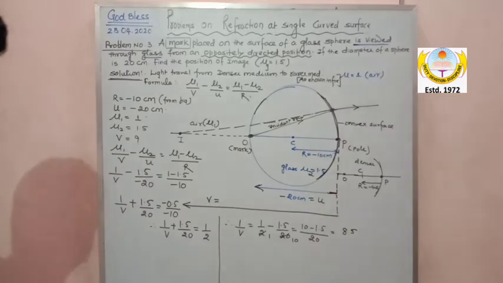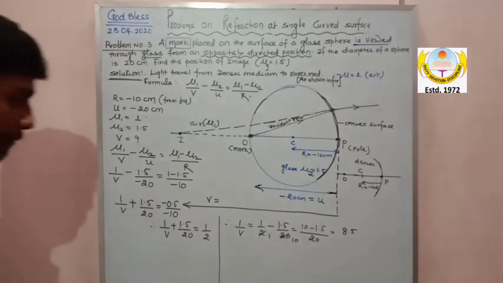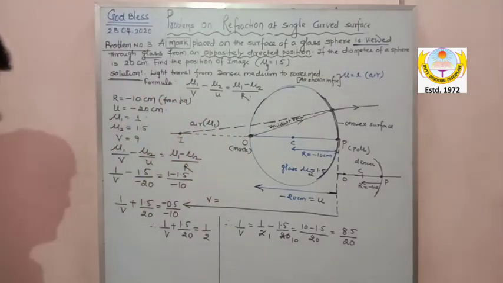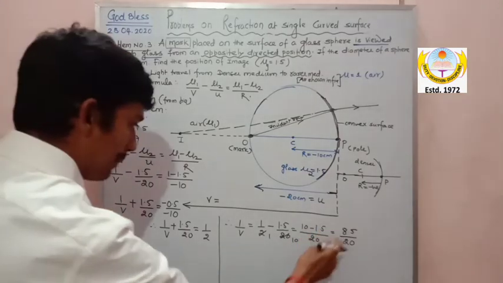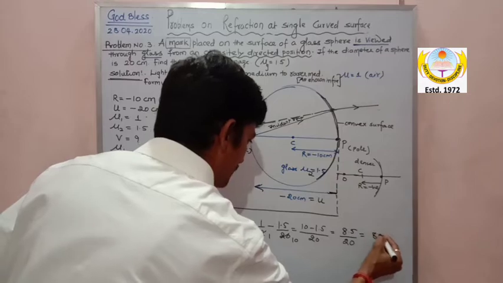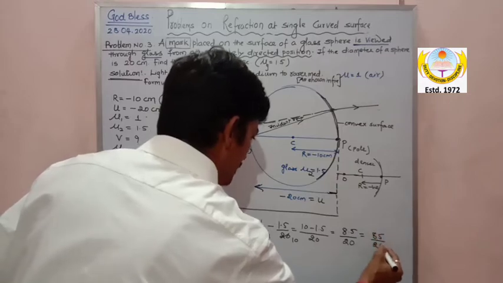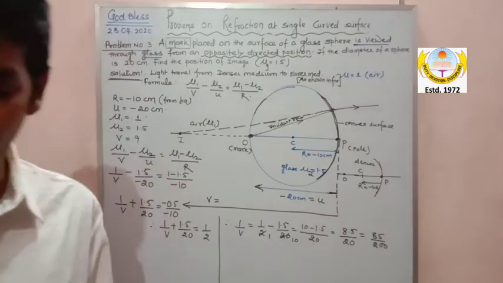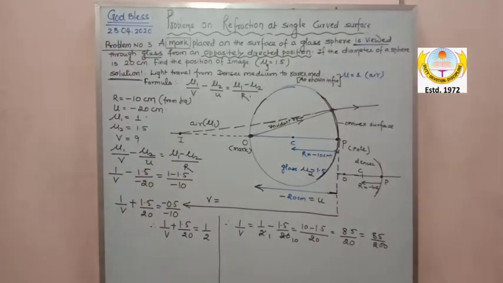I hope it is clear. This is 8.5 divided by 20, which can be written as 85 divided by 200. So V is equal to, I am getting it as,